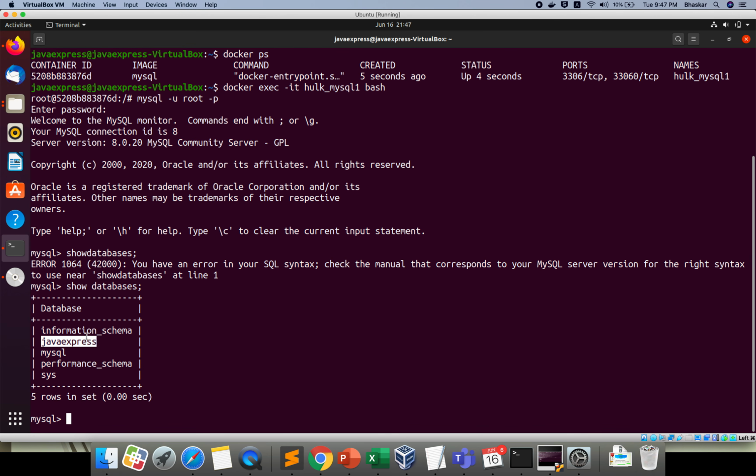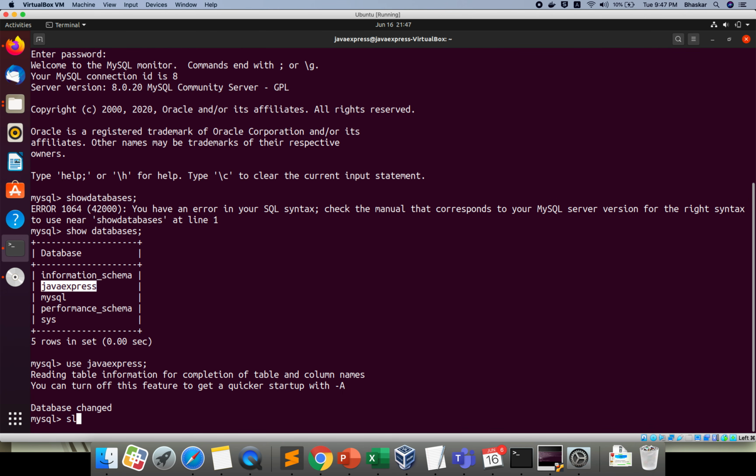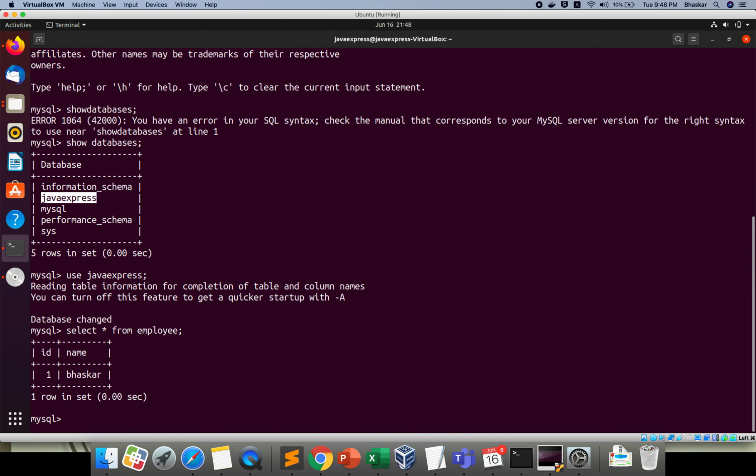So that database is still there. Just go and check whether my table exists or not. Select star from employee. See, your data still exists.